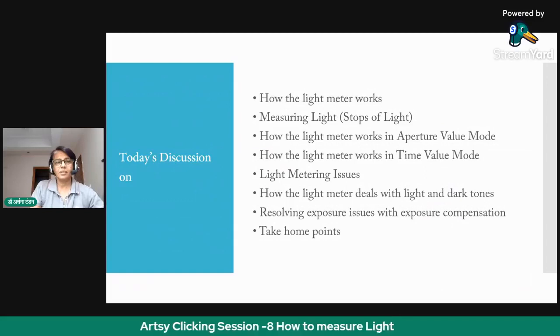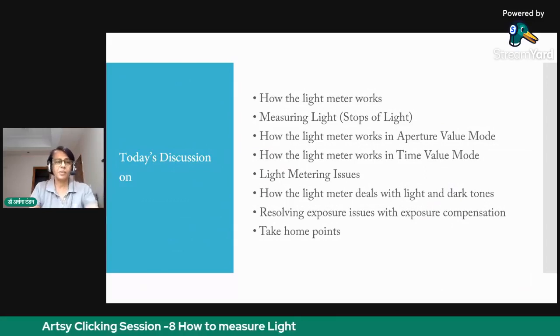So how the light meter works, we'll be discussing today.